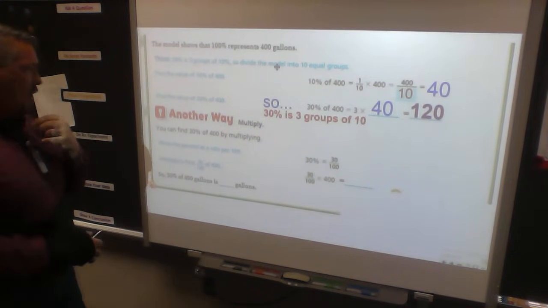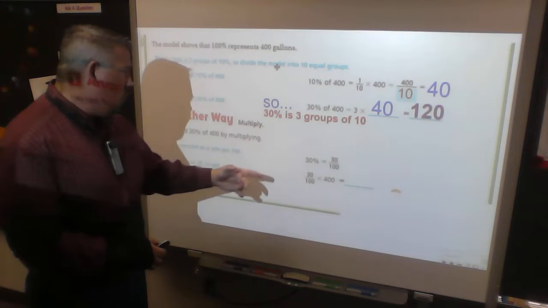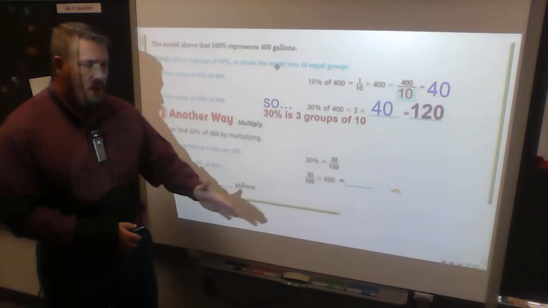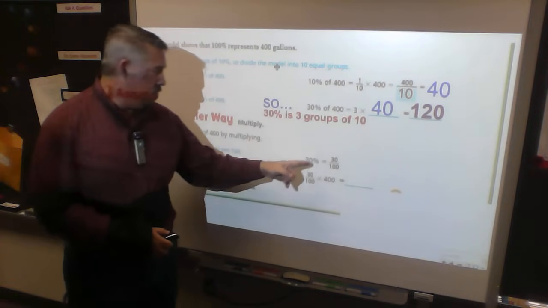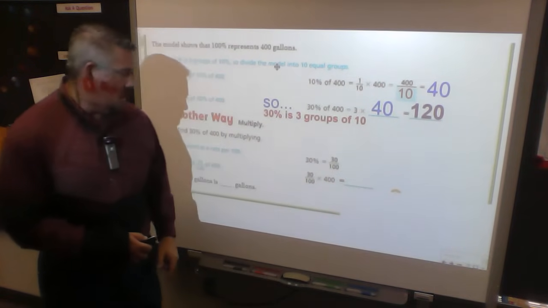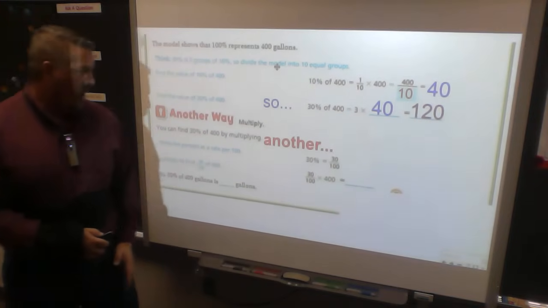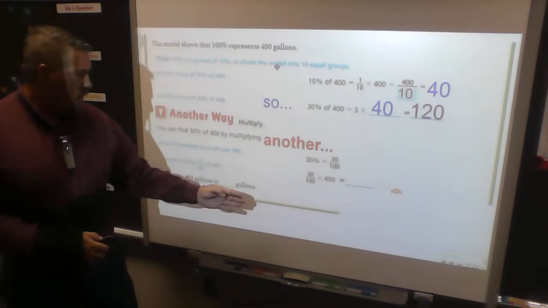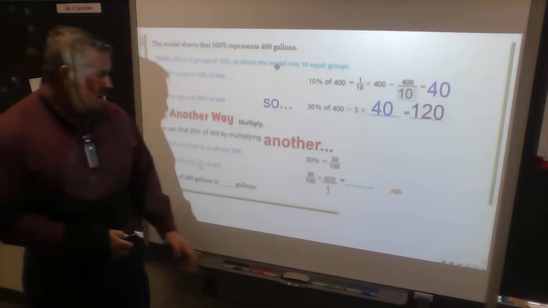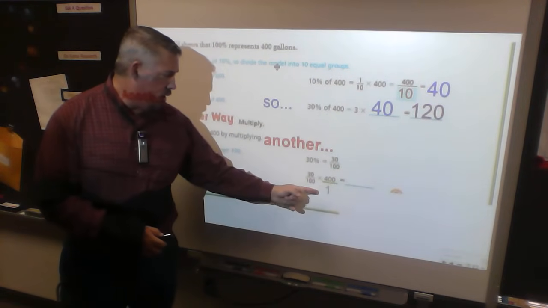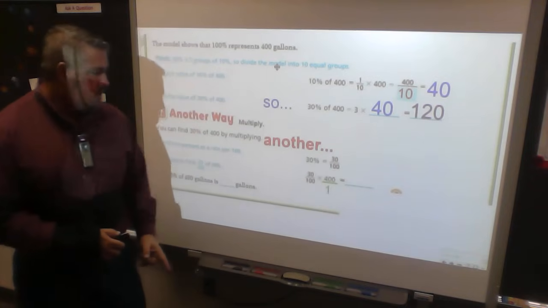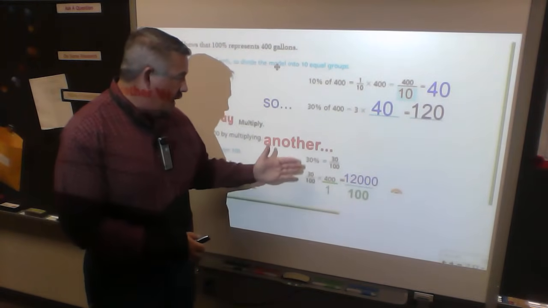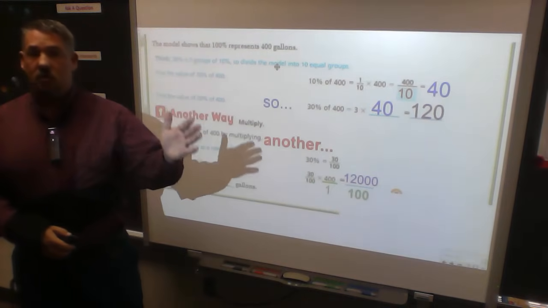Well, what about down here? This says, here's another way to do it. Set it up as your 30 over 100, because we take our percentage digits, put it over 100, and multiply it by 400. And when I cross reduce my 100 and 400, then I know that that has to go over 1, and I could get rid of those and end up with, or multiply those, and get 12,000